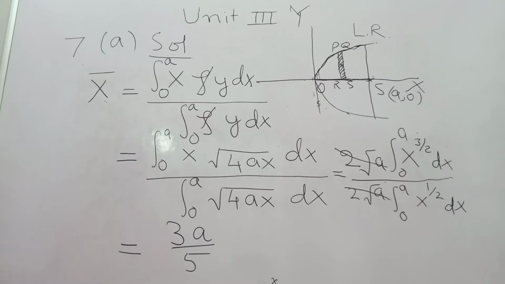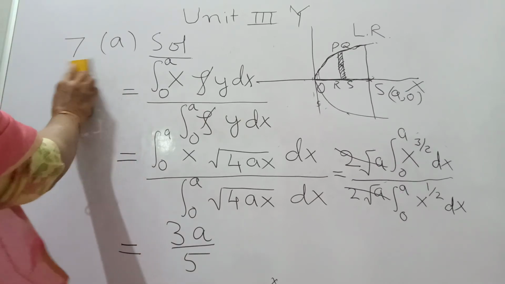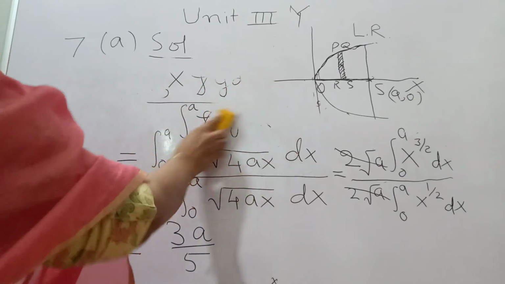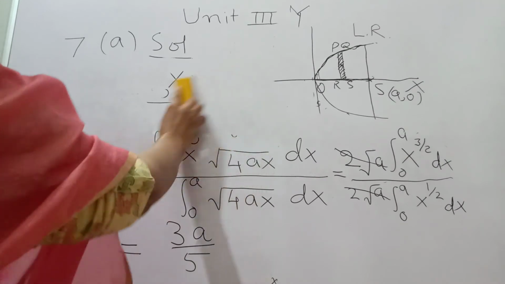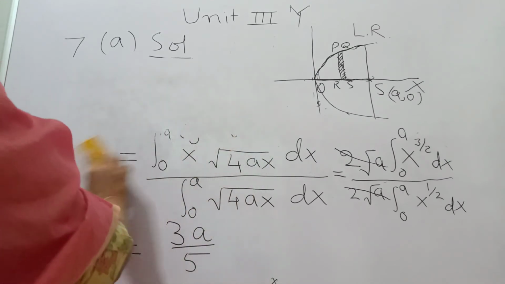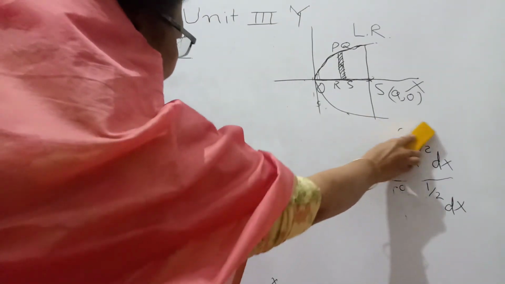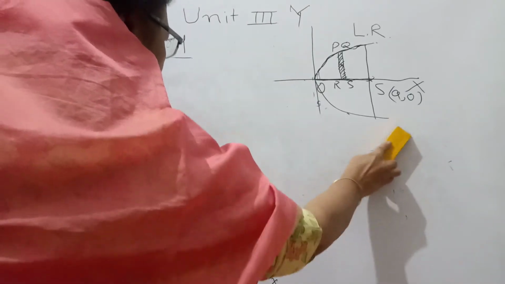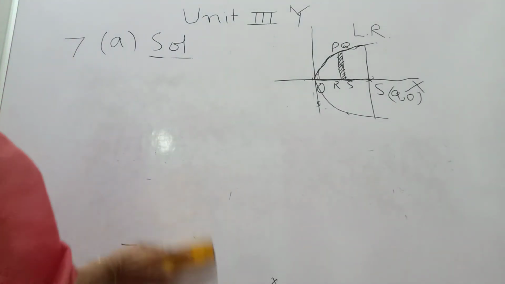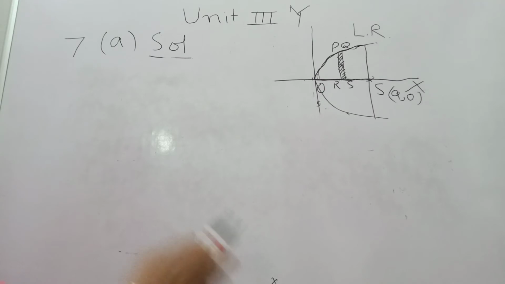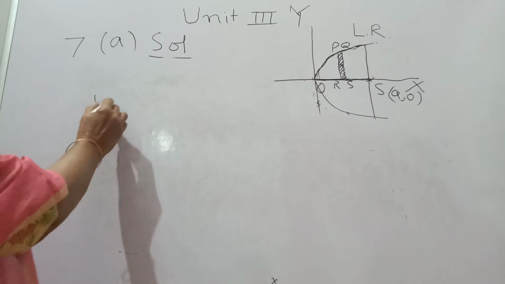And of course, if I were in the class, I could have told you to do the next part by yourself because it is very simple. But since I am making a video, I will solve that also. It is very simple. Now, the procedure is almost known to you, very clear to you. You have to put simply the values in the formula and integrate, and the integration is also very simple. So y bar becomes